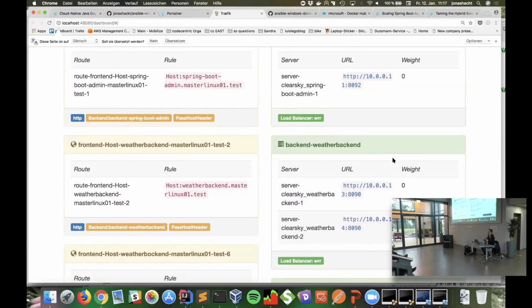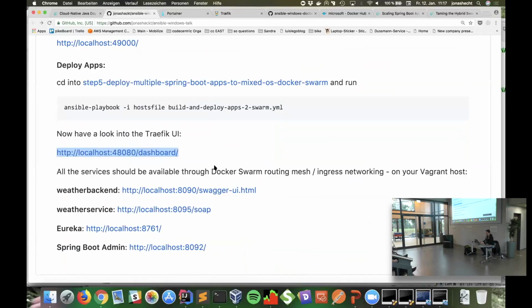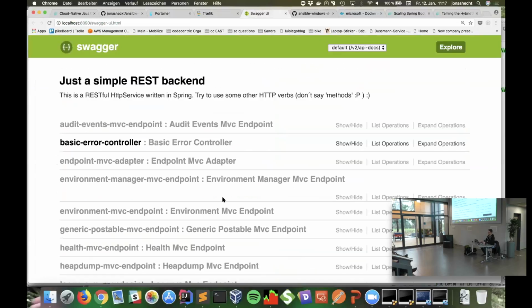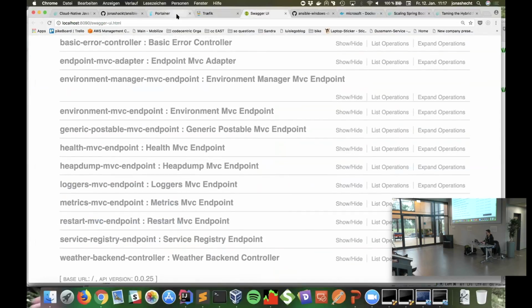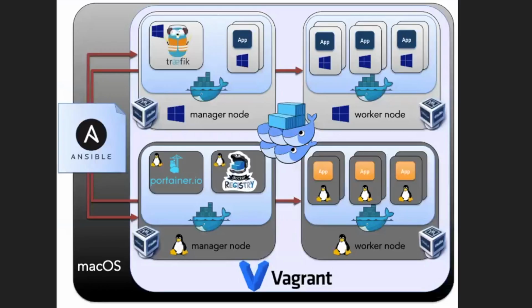You know, we scaled it before with Docker Swarm. It's a replica. So they are all registered. That looks good. So let's have a look at the weather backend. It's configured, so we just should see it here. Pretty cool. And it's really cool, you know. The app is running here. It has a port inside the Docker network, which is bound to the node, which is bound to the Docker Swarm network, which is then exposed and then used by Vagrant as a forwarded port to the MacBook, right?